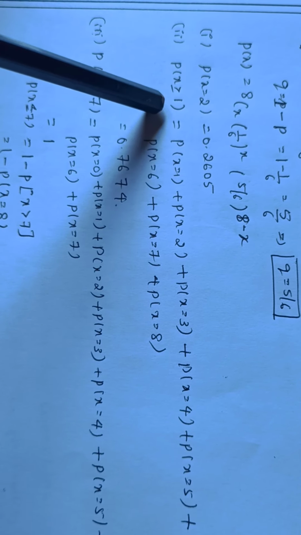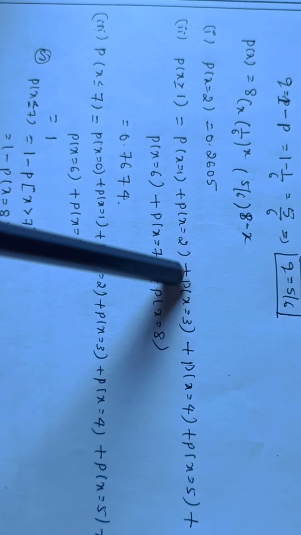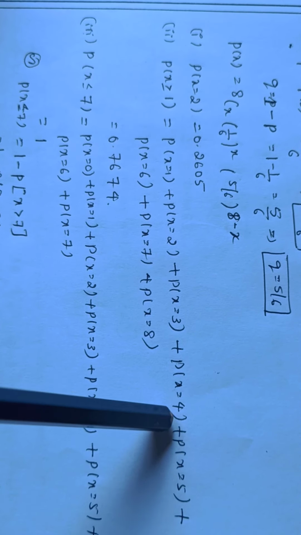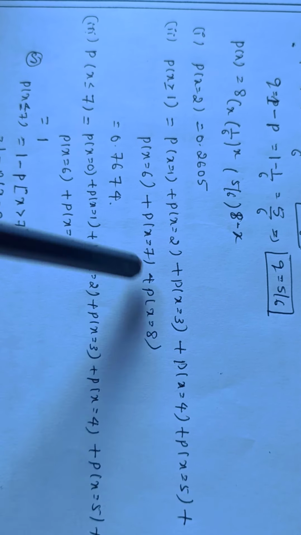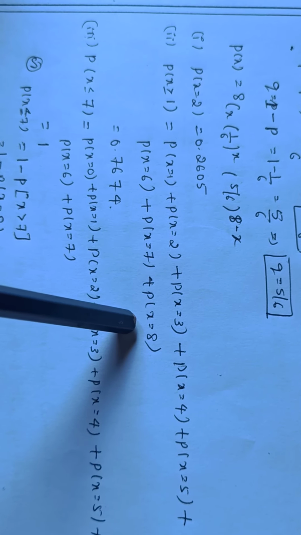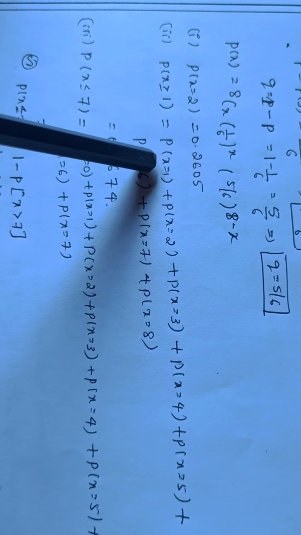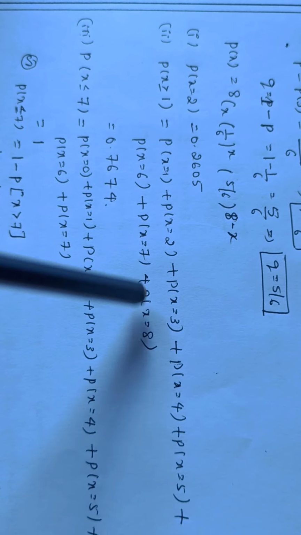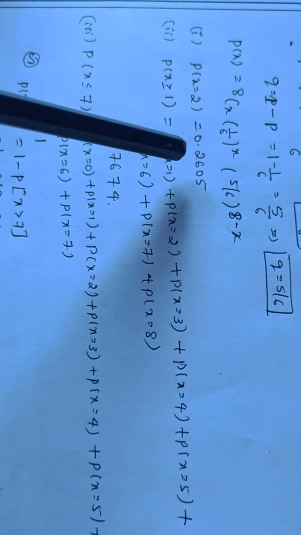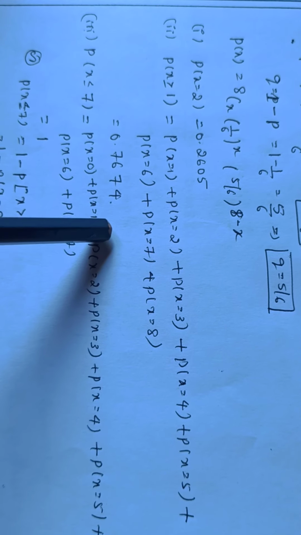Here you can see n is equal to 8. Starting from 1, you have to take all the numbers, that is the probability of x equal to 1, 2, 3, 4, 5, 6, 7, 8. You have to end at 8 because the maximum number of throws for this particular problem is 8. Substitute the values of x as 1, 2, 3 and so on up to 8 in your P of x. After adding all those values you are going to get the answer as 0.7674.